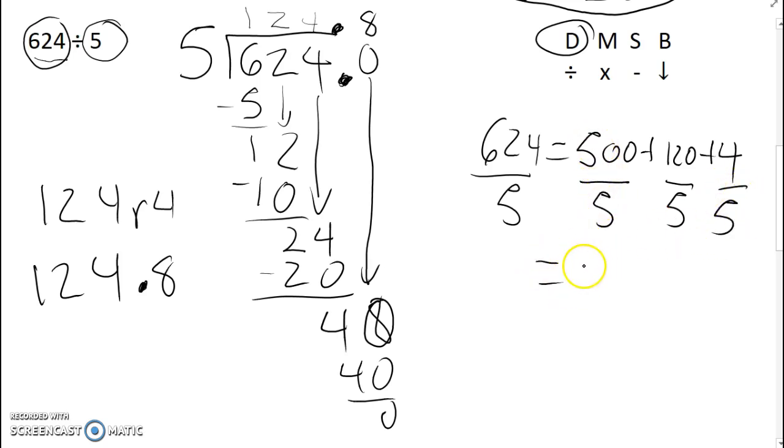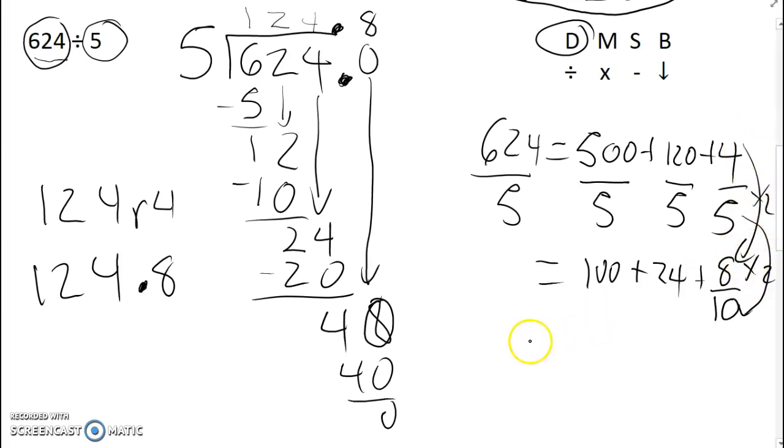How many 5s are in 500? Right, I'm dividing 500 by 5. Well, there's 100. How many 5s are in 120? Well, there are 24. Now, how many 5s are in 4? Well, I can't do that, but I could make this into a decimal by first converting it into tenths. So I can see that 4/5 is equal to 8/10. I'm multiplying times 2